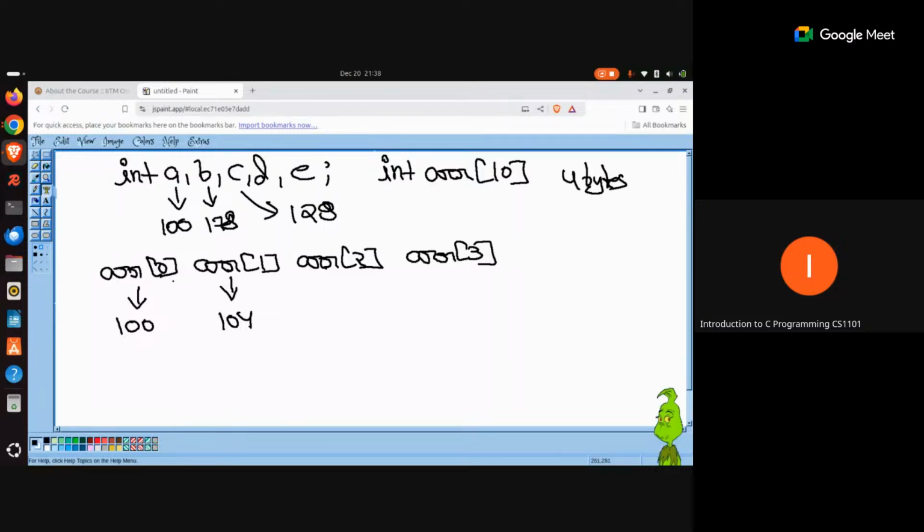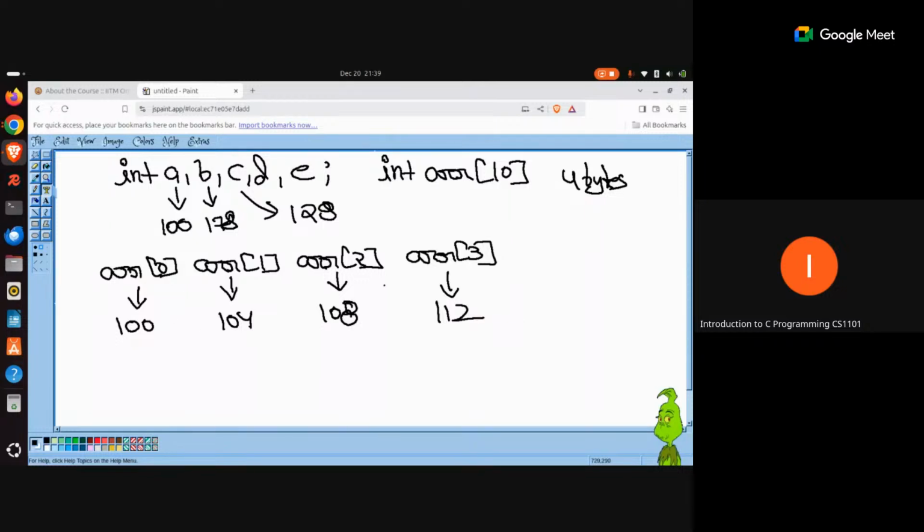So ARR0 is going to be consuming 4 bytes, which means 100, 101, 102, 103. Till 103, ARR0 will consume. Then from 104 onwards, ARR1 will start consuming. Then ARR2 will start consuming from 108, and ARR3 from 112. So this memory allocation is happening contiguously, and it is guaranteed in case of an array.